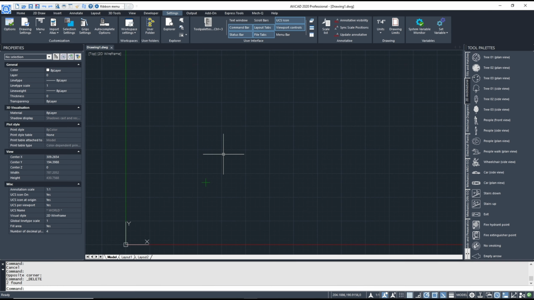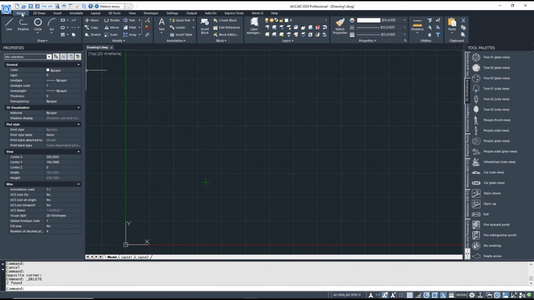Hello everyone, today we are going to learn a basic AviCAD tutorial: how to split a line. As an example, you can create a line object,